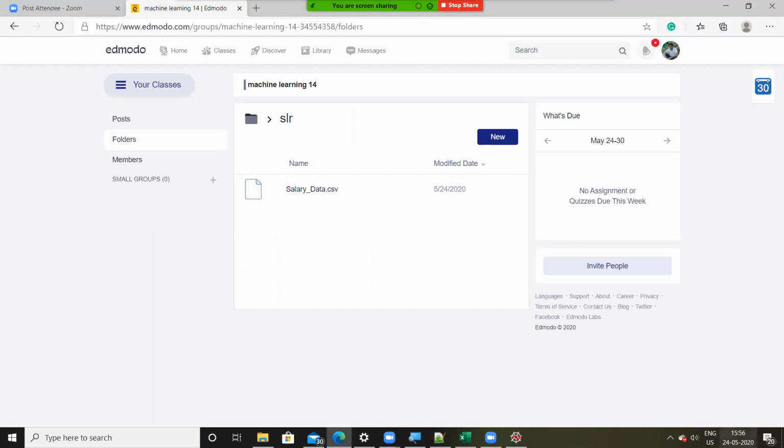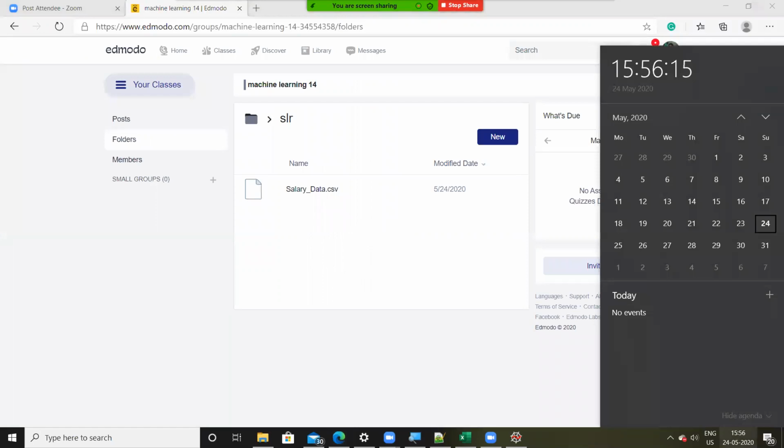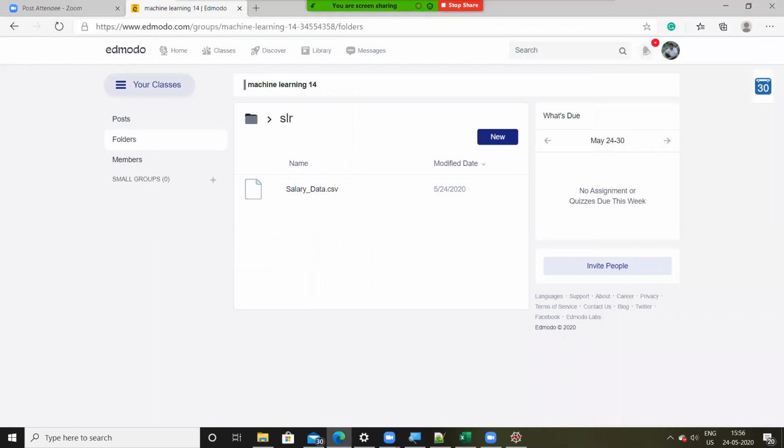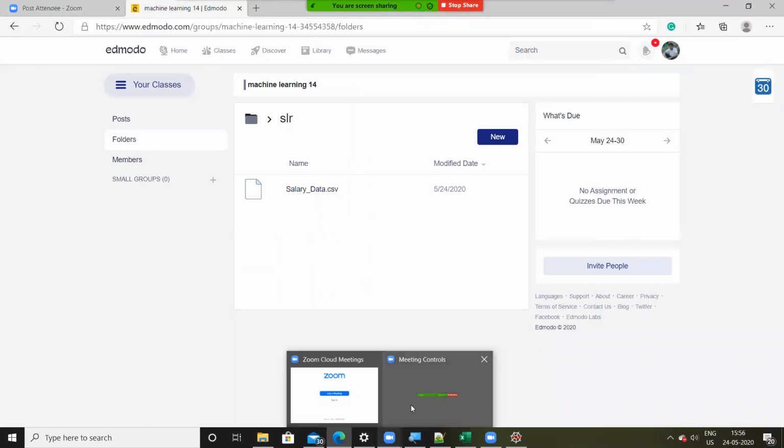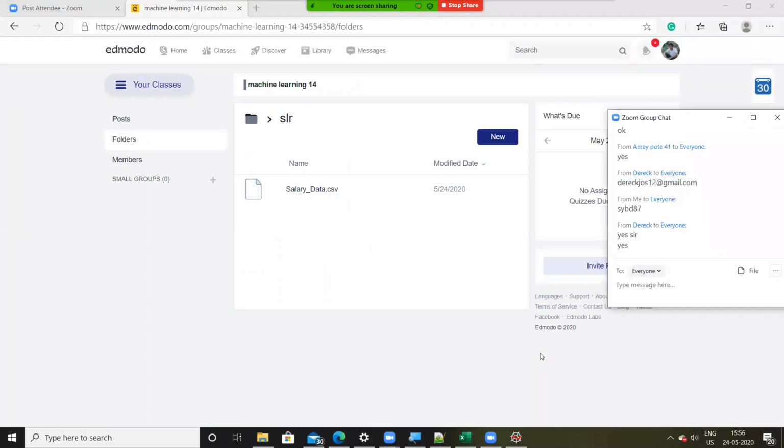Right now it's 3:56. I'll give you 10 minutes to finish this task. Is 10 minutes enough, or do you need more time? Guys, please let me know on the chat window.